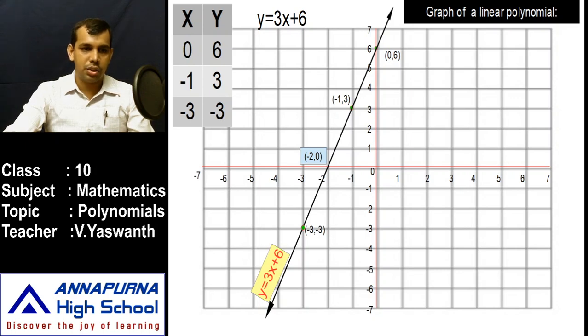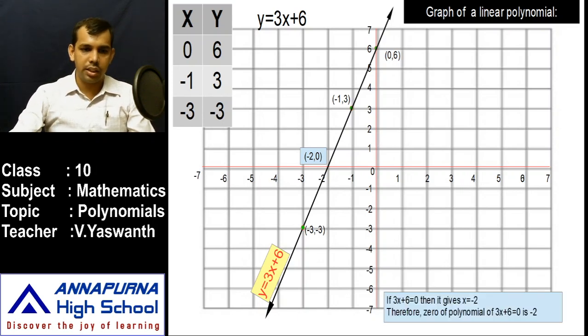In case you have any doubt, already you know algebraic methods to find the zero of a polynomial. One method is the trial and error method. That means in the place of x, you take different x values and find the polynomial's values. At one particular x value, you get 0 and identify that x value. That is the trial and error method. Or you can use algebraic methods. How? It is very simple. Just equate this polynomial to 0 and transpose the terms to the right side like this. If 3x plus 6 is equal to 0, then it gives x is equal to minus 2.